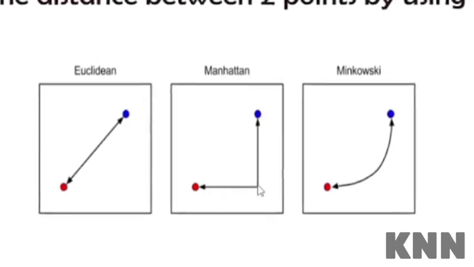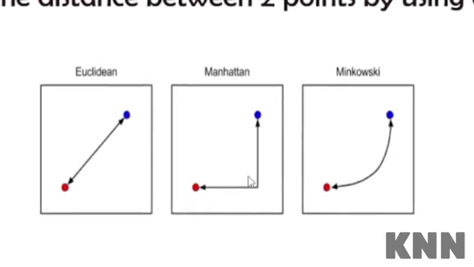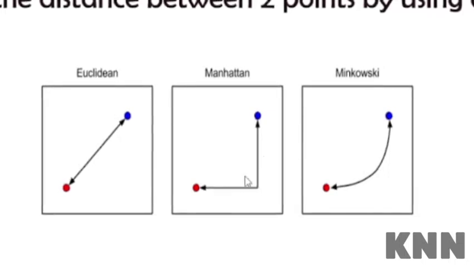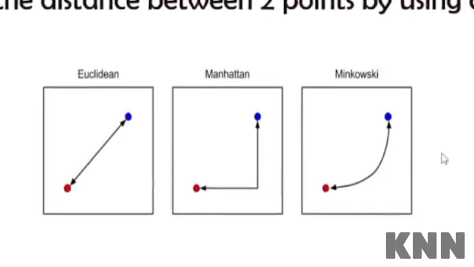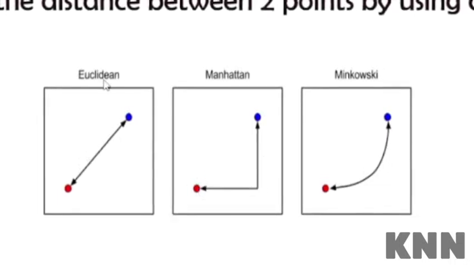So as I was telling, we'll be drawing lines in such a way that both lines will meet at a point where they are perpendicular to each other. So that means it has a 90-degree angle over here. So it forms a right angle triangle if you get the hypotenuse or the Euclidean distance for them. So this is the second way,